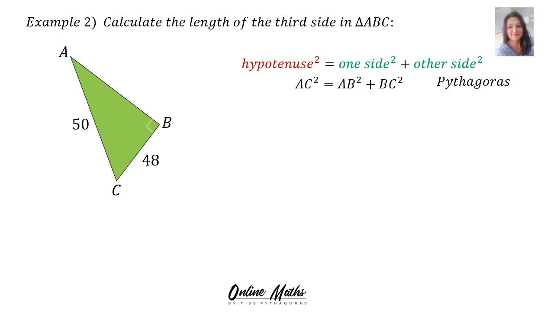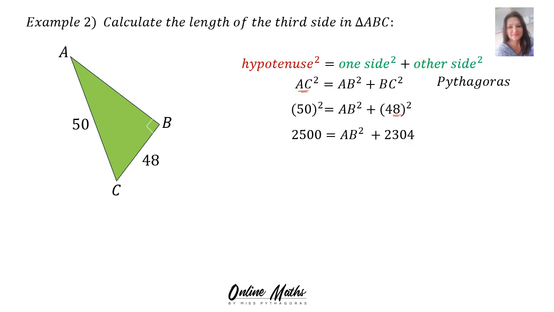Now you must substitute. So in AC's place, this is the hypotenuse. 50 squared equals AB squared is the one you're looking for, plus BC was 48. And remember to use brackets. Then you can say 50 squared means 50 times 50, which is 2,500, equals AB squared plus, and 48 squared is the same as 48 times 48, which is